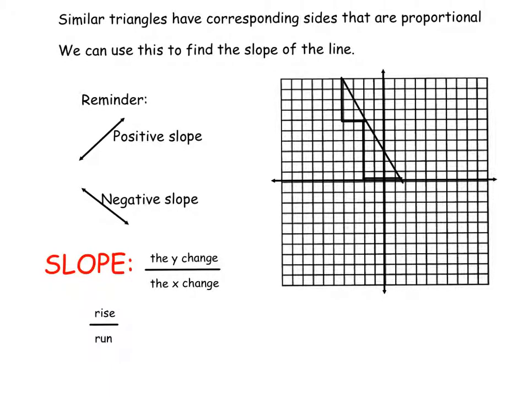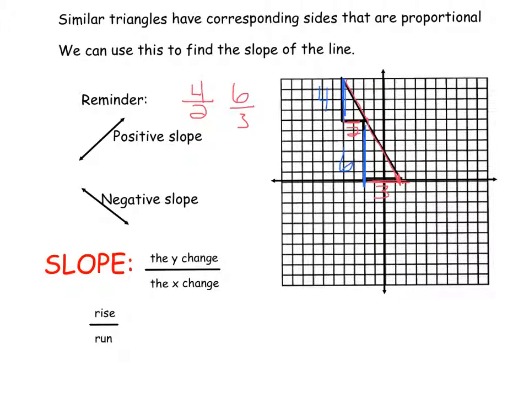All right, so let's get started with the material. We're going to be talking about similar triangles and using them to find slope. And we've already talked about slope. If you did the assignment from last week, you know about slope. But this is what we know. Corresponding sides are proportional. So for example, the height of this is 4, where the height of this one is 6, and this base is 2, and this base is 3. So 4 is to 2 as 6 is to 3. They're proportional,